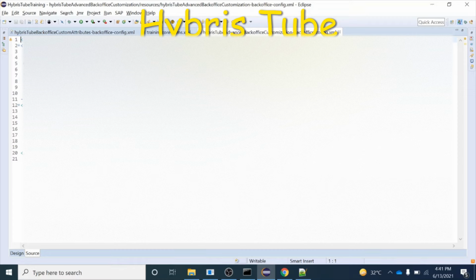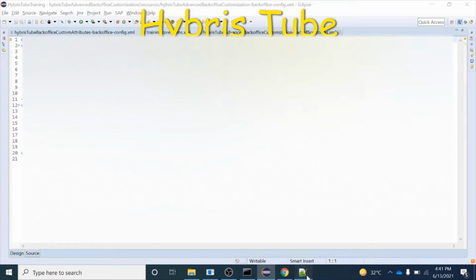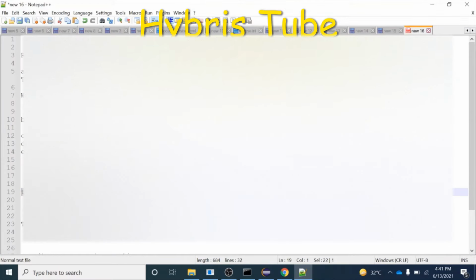What we are going to write over here: we will firstly create a tree node, then we will create the customized search, and then we will do the customization of advanced search. Then we will customize the list view. So we are going to do all these things.